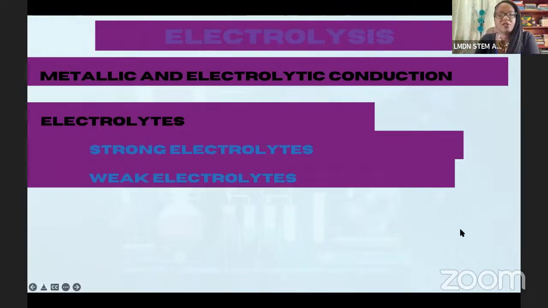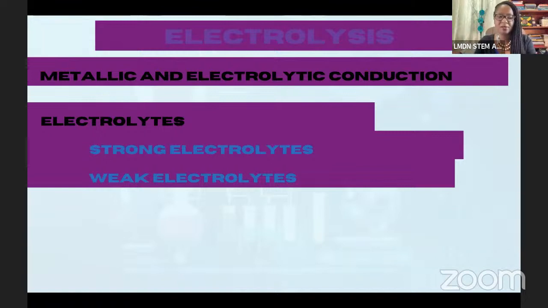Okay, so those are electrolytes. There are a bunch of different electrolytes. Your acids are strong electrolytes. I think we did acids, bases, and salts. I'm not sure if we touched on that here, but you have strong electrolytes and you have weak electrolytes, right? So strong electrolytes means that the electrolyte is completely ionized, right?